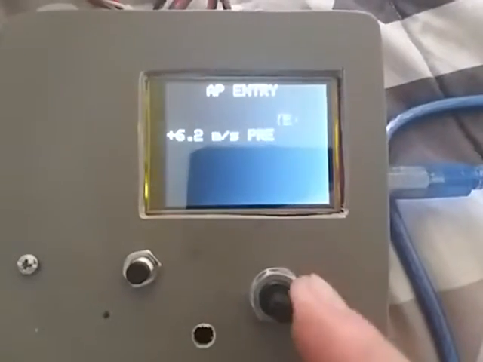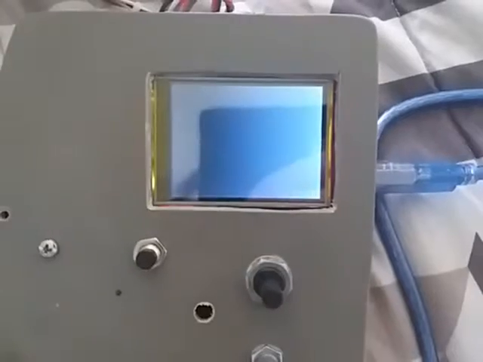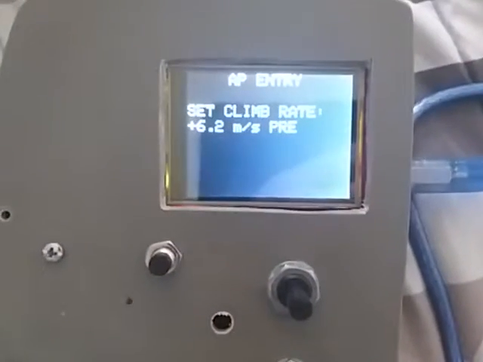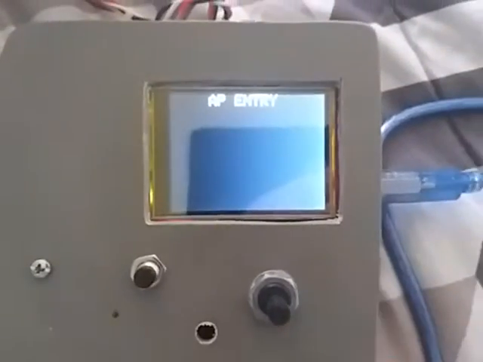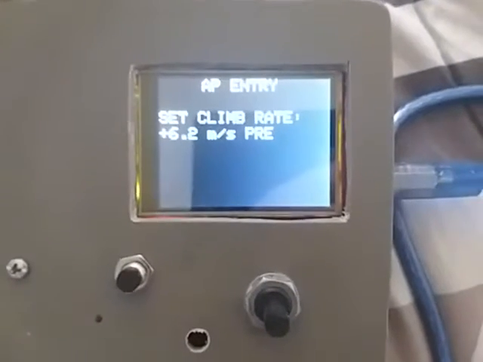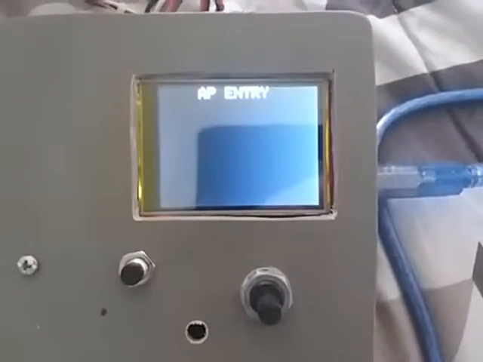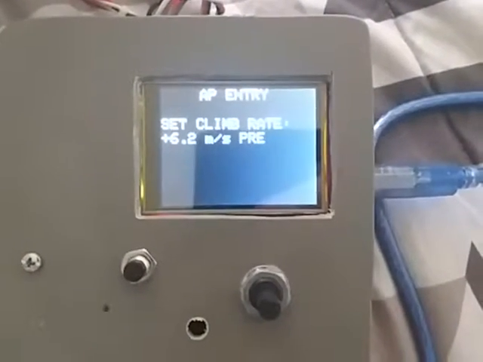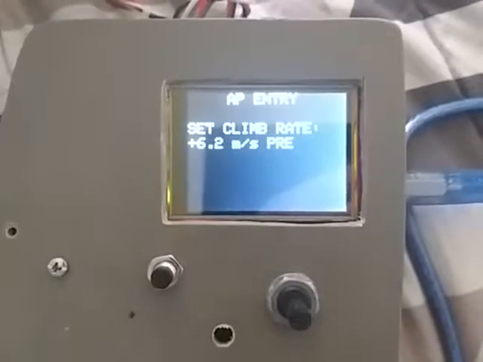the option which is preset already on this selector appearing in the window. Also, by the way, after 7 seconds, if no entry is done, the screen clears. So what we see here is 6.2 meter per second climb, and the pre means it was already preset previously. So if I don't do anything, it will always show this value, and this value is supposed to be on the airplane and will be used for setting the autopilot